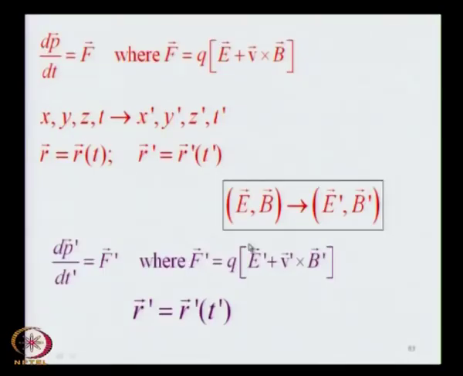Then you set up a new equation of motion with the new E prime and B prime. It is this one. This is the new equation of motion which is set up with the new E prime and B prime, and then it is this equation which is solved to get the trajectory r prime as a function of t prime. So, these are completely two different methods,